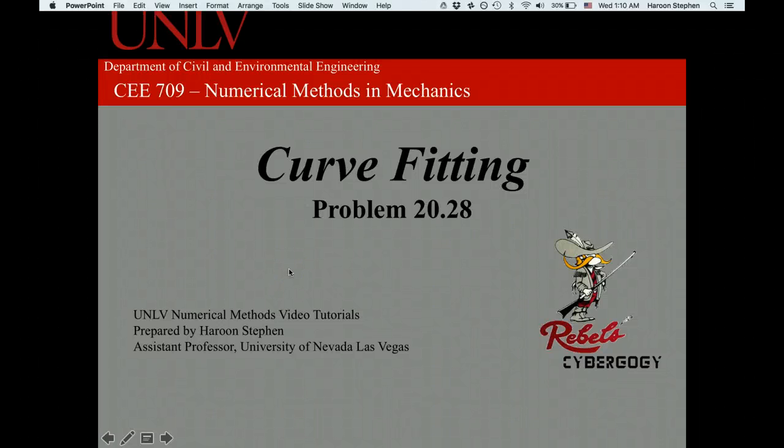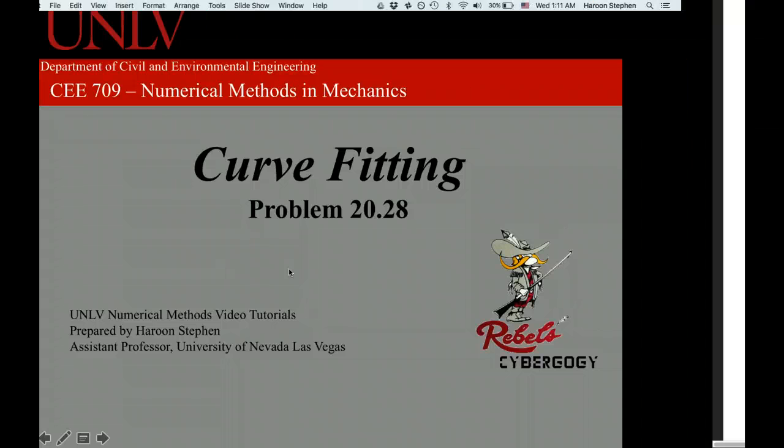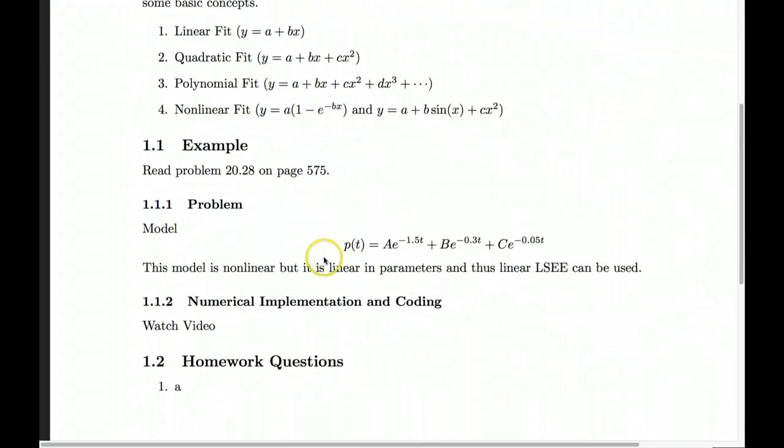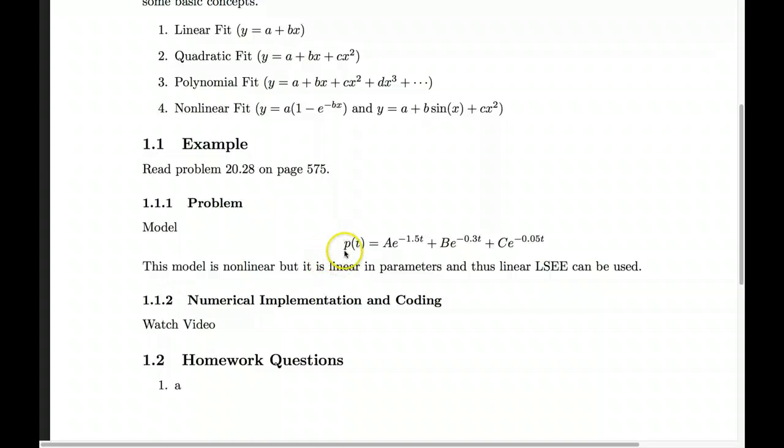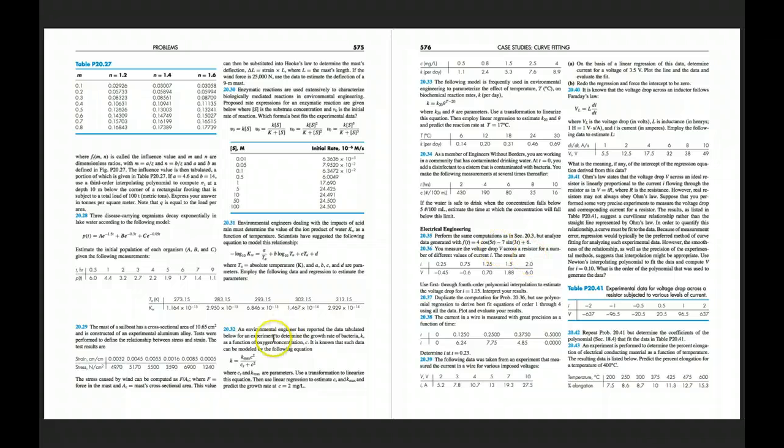This tutorial solves problem 20.28 from the book, and it's primarily looking at the population decline of 3 organisms in lake water. And there's a model, an exponential model, that describes their decay, given some data, which is time at various hours and the population at those times, and these could be